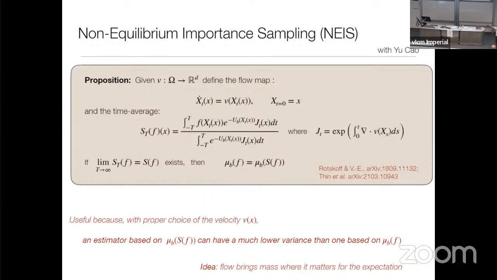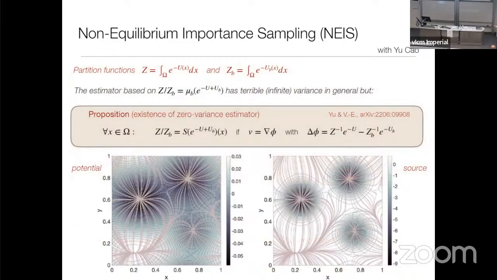Okay, so you may ask yourself, well, how much? Well, there is a result which, I think, is quite remarkable because it's a little bit surprising. It says in fact that you can build an ideal importance sampling estimator. And so the result is like this. I'm going to focus on one specific case, which is the calculation of the ratio of partition functions. Suppose that I have a base distribution that is simple, think Gaussian again, or uniform, where I know the Z_B, and what I would like to calculate is Z. Then there is a simple identity that tells you that the ratio of Z and Z_B is in fact the expectation with respect to the base of the ratio of the Gibbs factors.